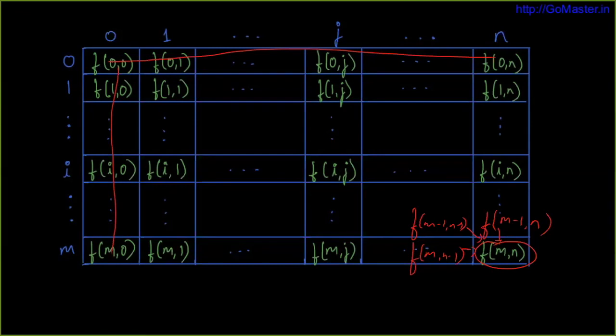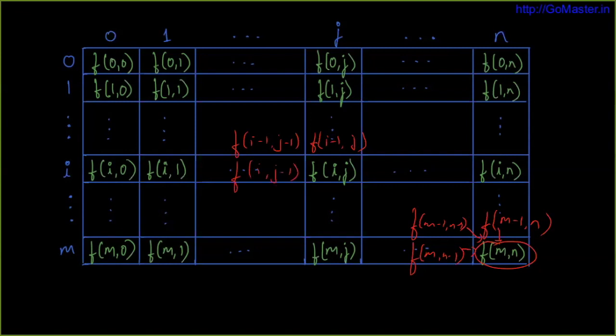So now how do we make it bottom up? The idea of making it bottom up is to consider whatever it depends on. Suppose f of i comma j depends on some of these three problems. What if these are already computed before you're computing f of i comma j? That can happen if these three are computed before that. If we ensure that, we don't have to worry about recursion. We can always access these values directly from a table and use them, and that's going to compute f of i comma j in constant time. That can be done if you follow some order.